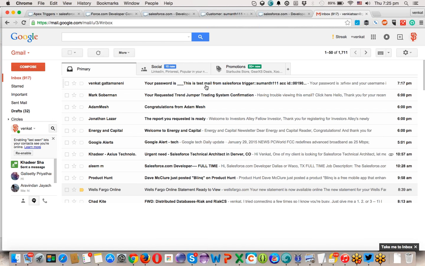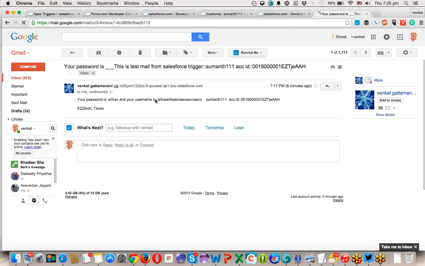See, the account name is Sumant11. Here I am printing the dynamic ID, and the account ID also I am printing directly. If I open this, I got the account name and ID as well as the subject also. Bottom to that, I can even print out my email signature, the dynamic email signature from my company email address. So this is